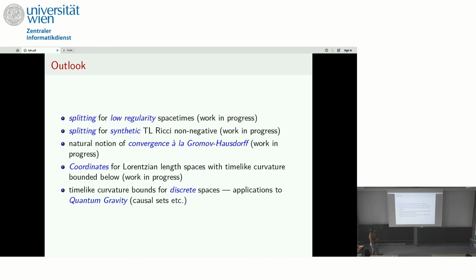And also now there are several reformulations of these triangle comparison conditions, and one is the four-point condition. And now you could even apply these time-like curvature bounds to discrete spaces, and that might have some applications to quantum gravity because these causal sets are discrete by nature, and there are even other approaches to quantum gravity where the fundamental paradigm is that space-time is actually not continuous, but on some fundamental scale, it's actually discrete. And these tools might help you to understand this better.